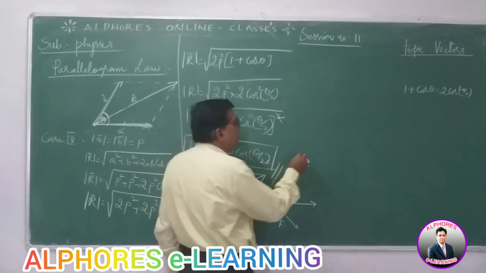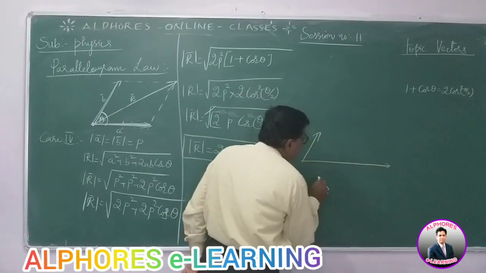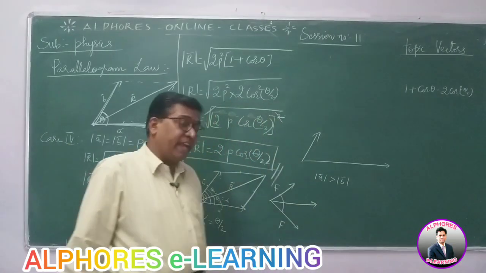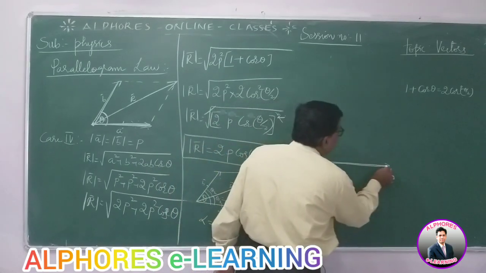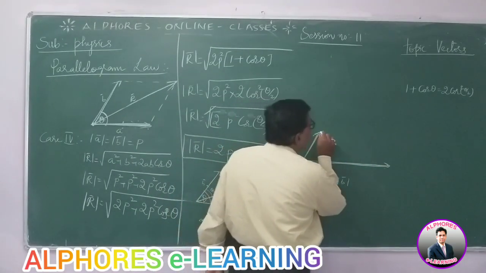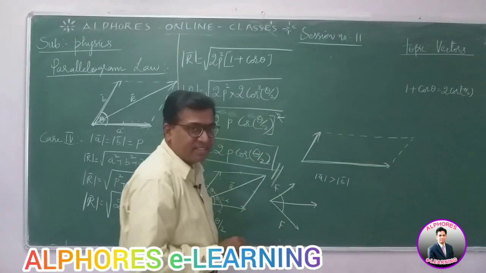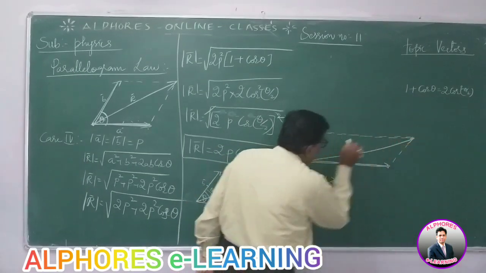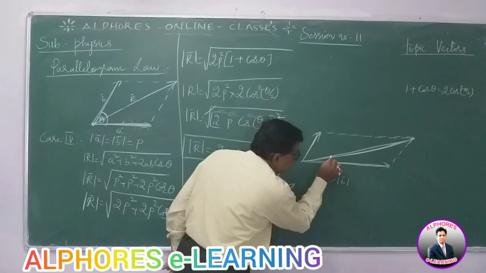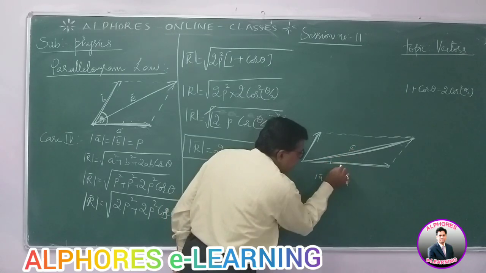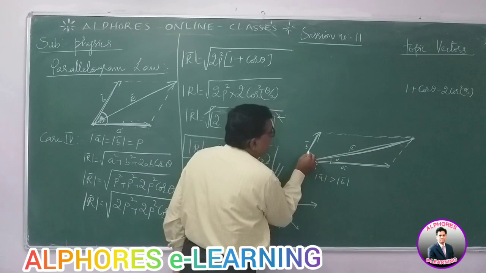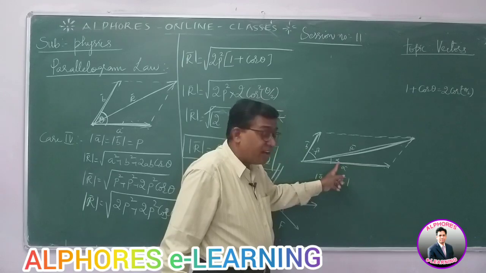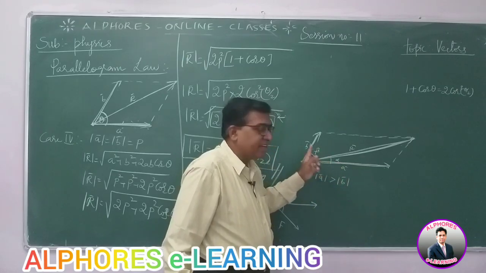Actually, in a parallelogram, let's say the magnitude of A is greater than the magnitude of B. Mod A is greater than mod B. Then the length of vector A will be more than the length of vector B. If I complete the parallelogram, it will be like this. Now take the resultant vector. The resultant vector is the diagonal. This resultant vector R is nearer to this angle. So the angle made by the resultant with A bar is alpha. Let the angle with B bar be beta. The angle made by the resultant with A bar, alpha, is less. The angle with B bar, beta, is more.